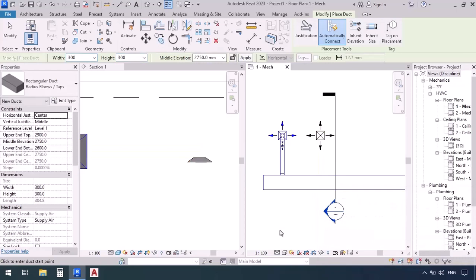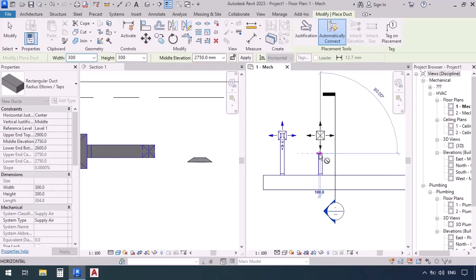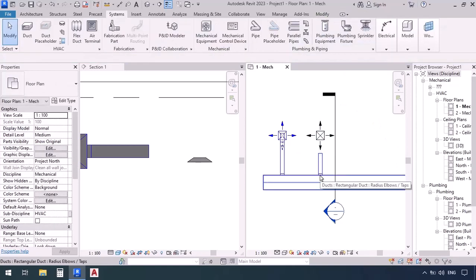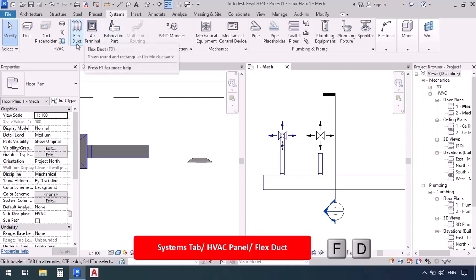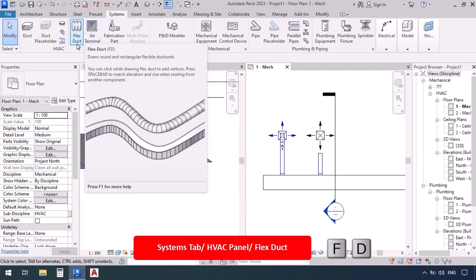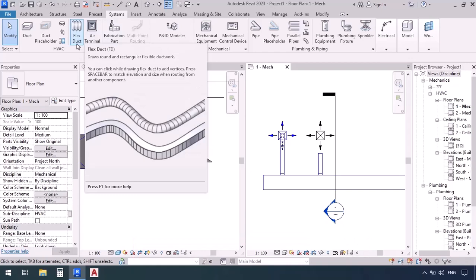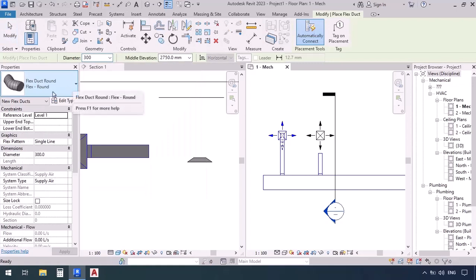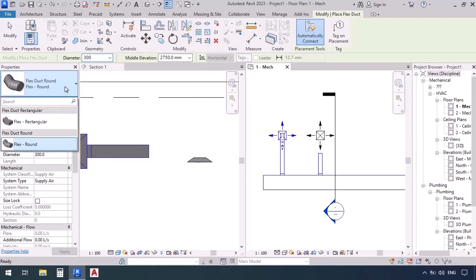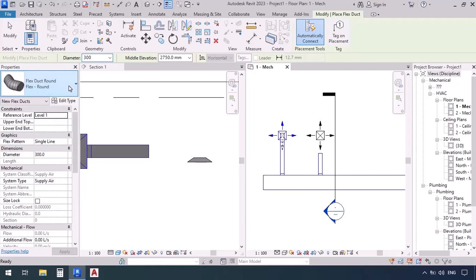These things are normal and possible to happen. So I'm going to cancel this, and again, click, and then somewhere near the terminal, the second click. And then we press escape. So now we've drawn one single direct duct. And now we're going to go to the Systems tab, and then click on Flex Duct command. This is a tool for drawing flexible ducts in the project. Alright, now in the Properties window, we can either use Flex Rectangular or we can use the Flexible Round, which